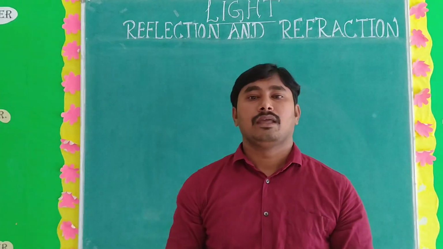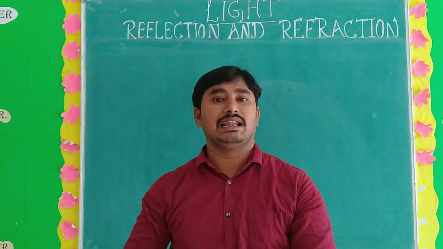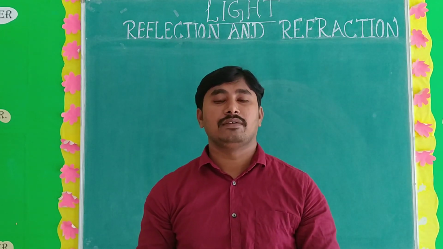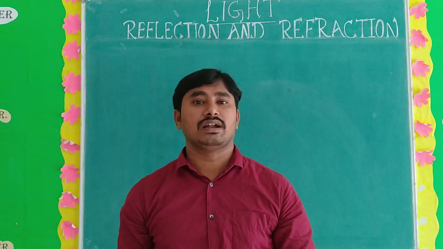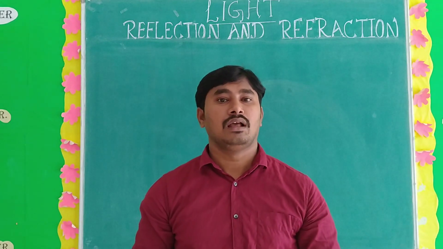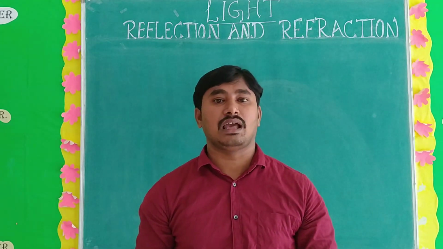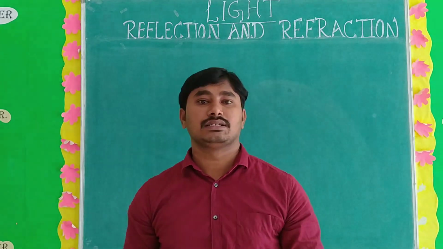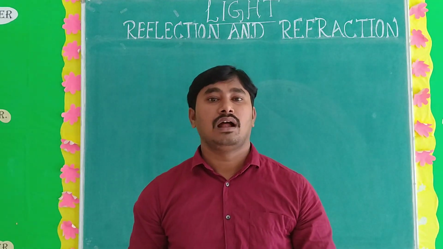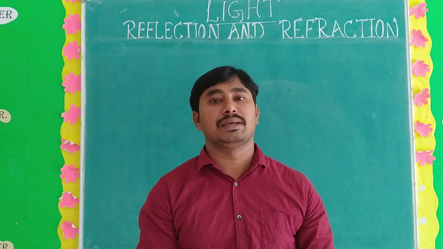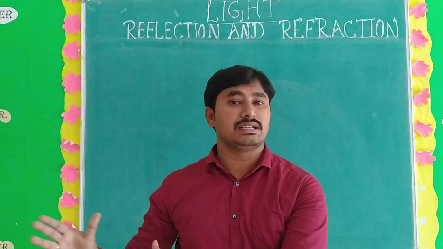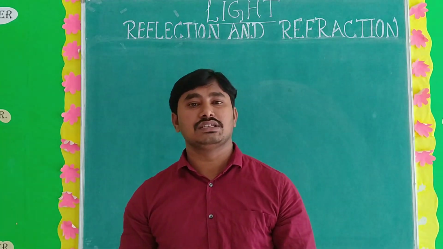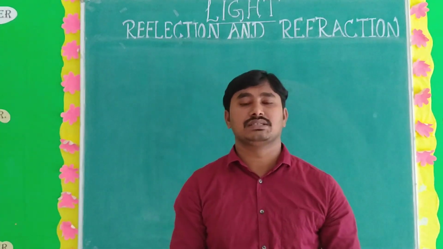And also we have to see so many daily life examples. You know very well, star twinkling. So what is the main cause of star twinkling? And also you have to see the early sunrise and delayed sunset. What is the reason? Also, the morning sun appears very big in size, and the evening sun also. So what is the reason? What is the cause of all these conditions?